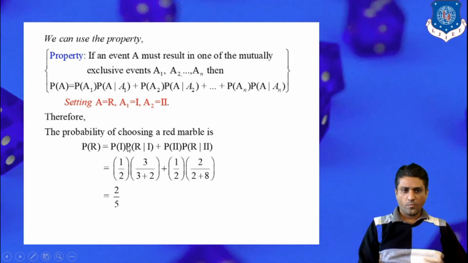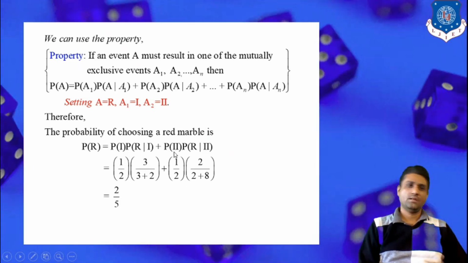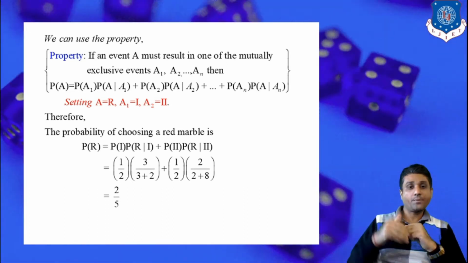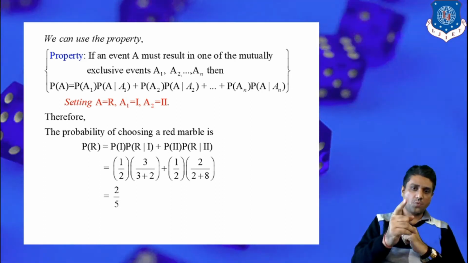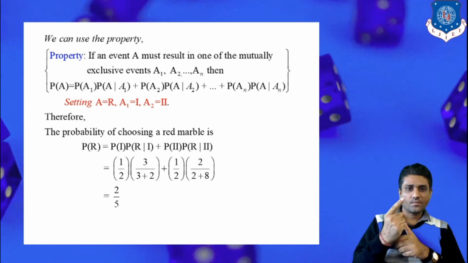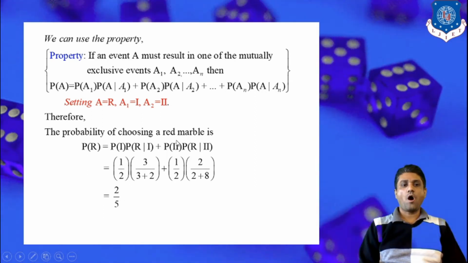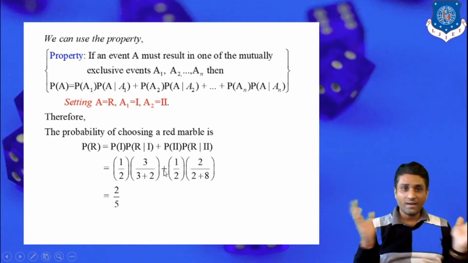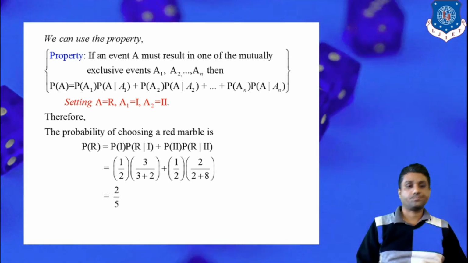Now first of all we have to talk about this term, probability of Roman 1, probability of Roman 2. There are two boxes. We have to find out the probability of getting the first box. So at that time our favorable outcome is the first box. There are total two boxes and the favorable outcome is the first box, so definitely its probability is half. Similarly, the probability of selection of the second box is also half, because there are total two boxes and we are interested to choose the second box.